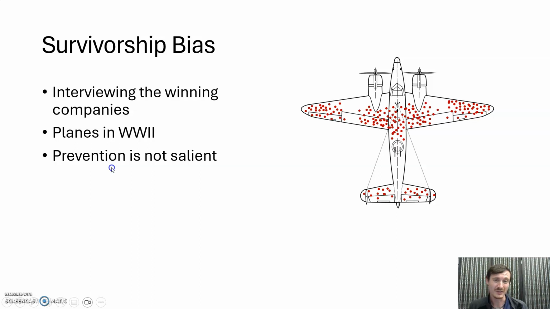And we can also think of prevention in general as not being salient. You can imagine asking somebody to drive really safe, and then as a result of them driving safe, they don't get into an accident. Are they going to thank you for that? Probably not. Did you still prevent something really bad? Yeah. This idea of prevention not being as salient, it doesn't come to mind. It doesn't grab our attention the way that letting bad things happen and then intervening comes up a lot. And prevention and precaution are extremely relevant to what we talk about in environmental science.